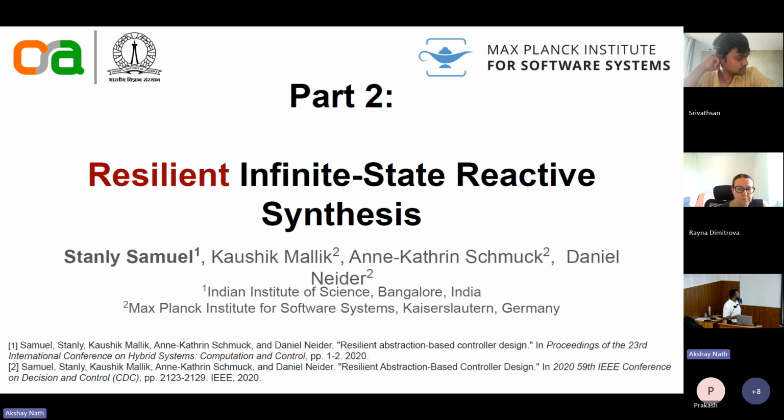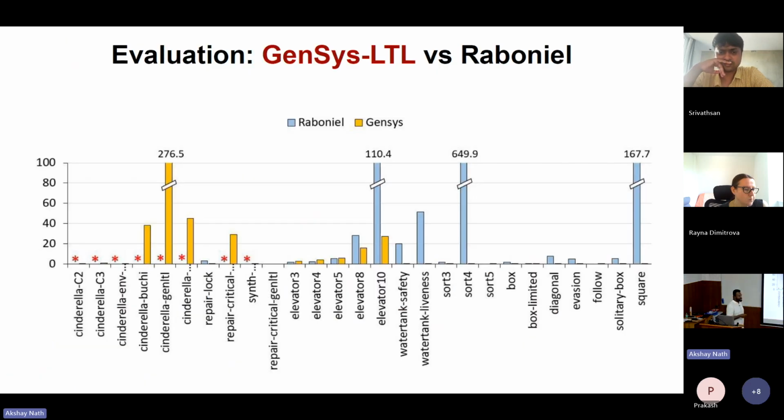Right. So this brings us to the end of the first part of the thesis, which spoke about solving the infinite-state reactive synthesis problem using logical LTL games. In the second part of the thesis,